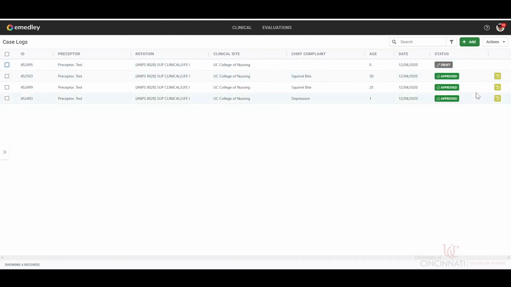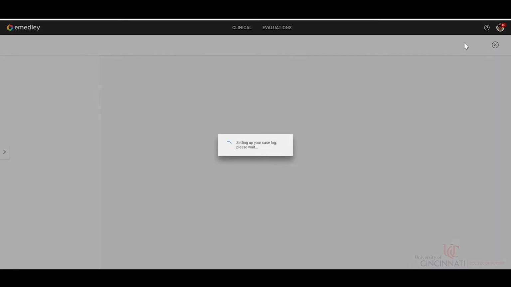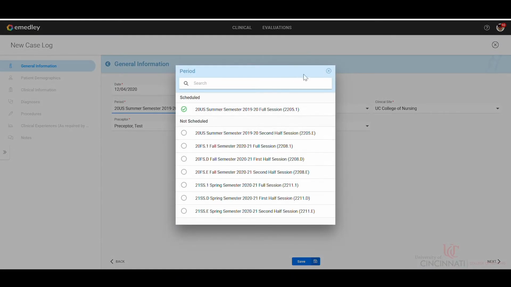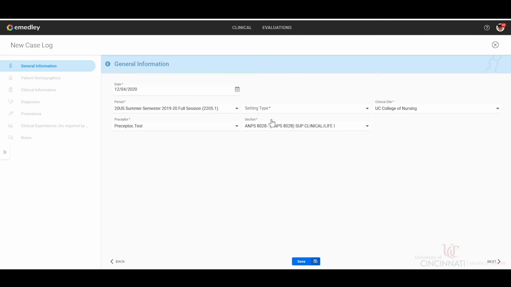But let's go ahead and add our first case log. So we'll click that green add button. And here we have all of the required fields. So the date of your patient encounter, the semester that you are in, which should automatically default at the top as being scheduled, the setting type,